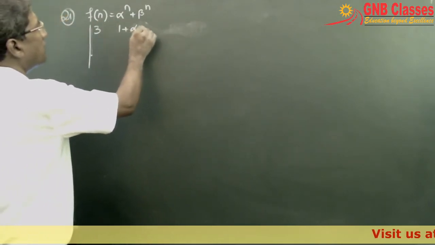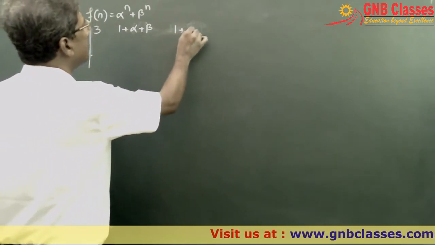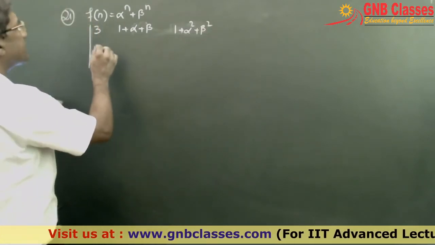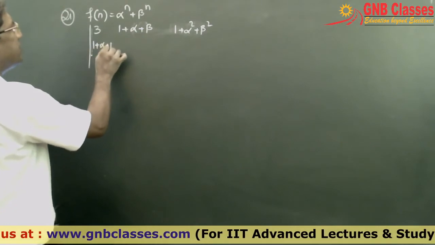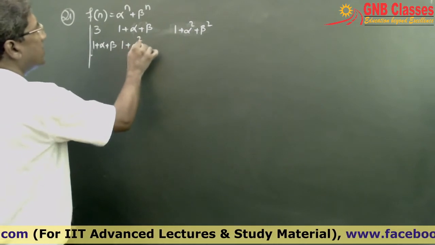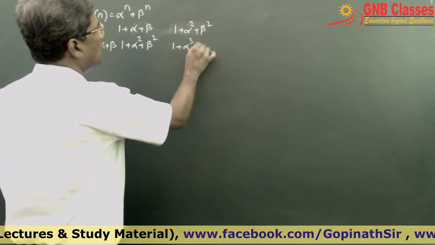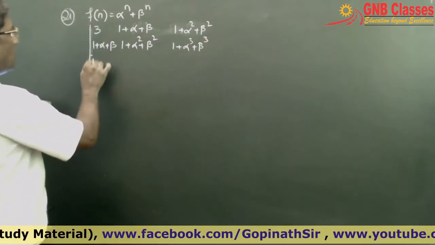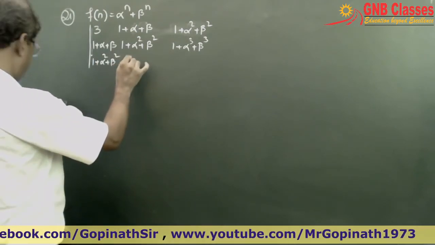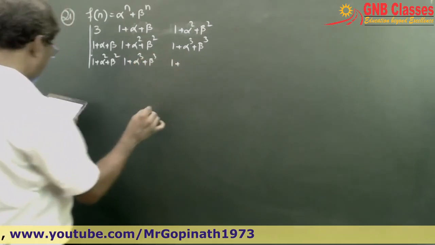F1 will give you what? Alpha plus beta. In this case, it will be 1 plus, we have F2, so it is alpha square plus beta square. And then we are having 1 plus F1, which is 1 plus alpha plus beta here. Then 1 plus F2, that is 1 plus alpha square plus beta square, 1 plus alpha cube plus beta cube. Then again 1 plus alpha square plus beta square, 1 plus alpha cube plus beta cube, 1 plus F4 means